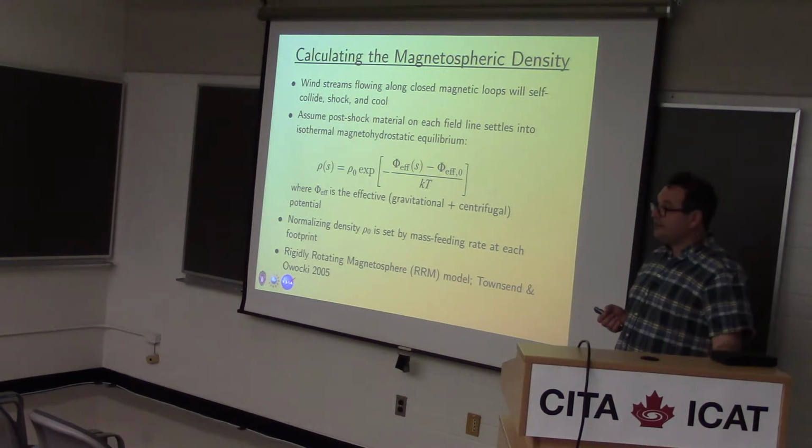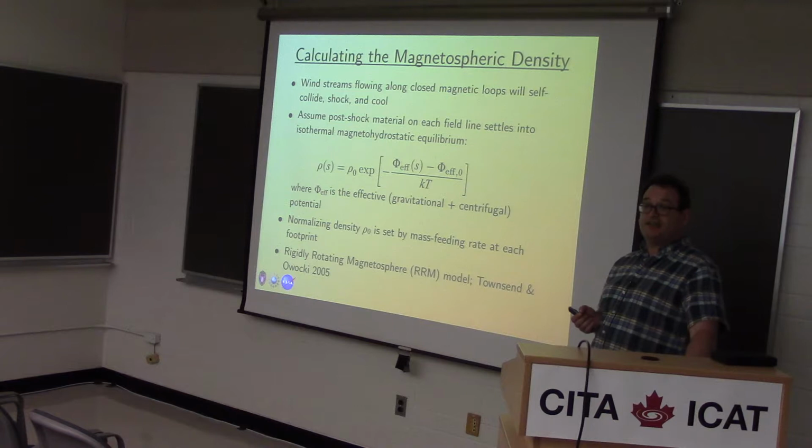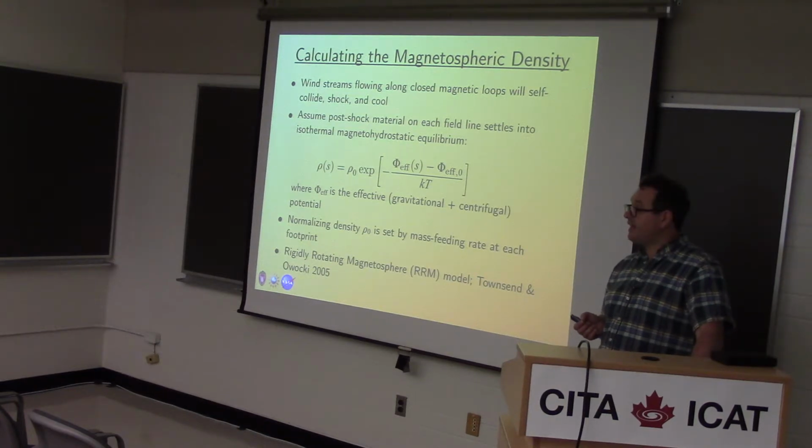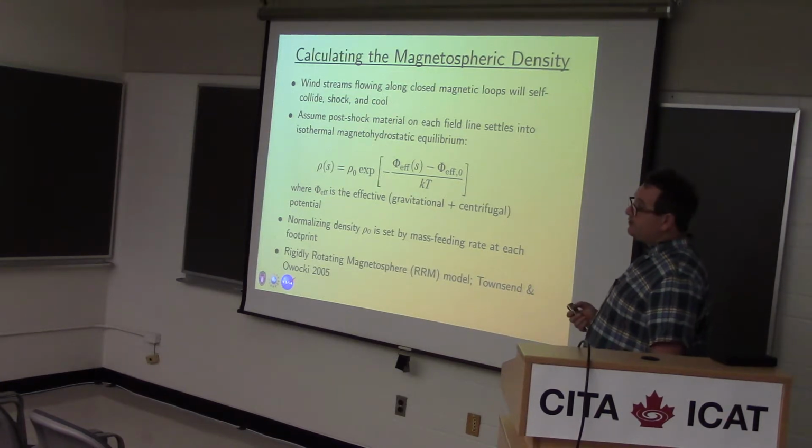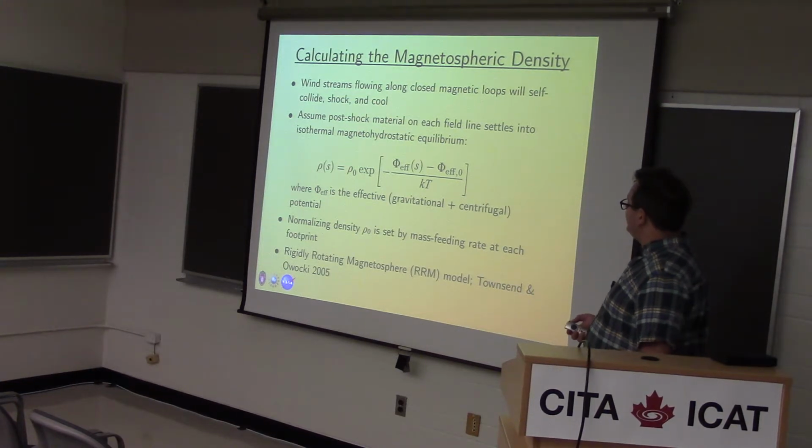So it's going to be stationary. And we can actually calculate the distribution of the material by assuming it's in magnetohydrostatic equilibrium. So material on a given field line is forced to stay on that field line, and the only forces it's subject to are pressure and the projection of the gravity and the centrifugal force along the field line. The component of the centrifugal force and gravity perpendicular to the field line and the Coriolis force are all balanced by magnetic tension.